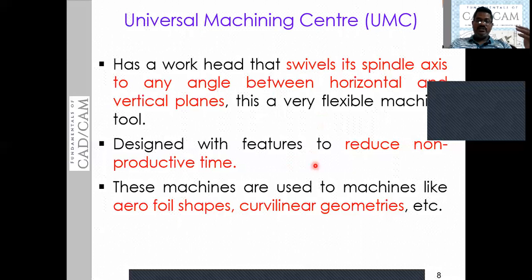That is the advantage of the machining centers, to increase the productivity, in turn reducing the idle time of the machine, the idle time of the operator, and the setup time of the component and the tool, which in turn increases the production. In turn, we can reduce the cost of the component. This is the chain of the production. One parameter is linked to another parameter.